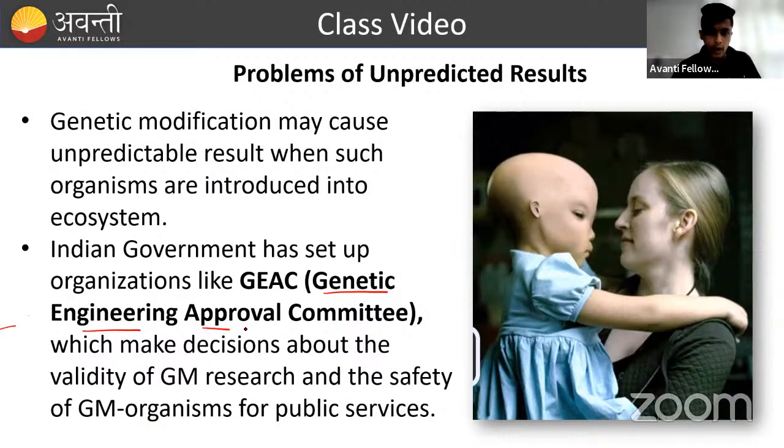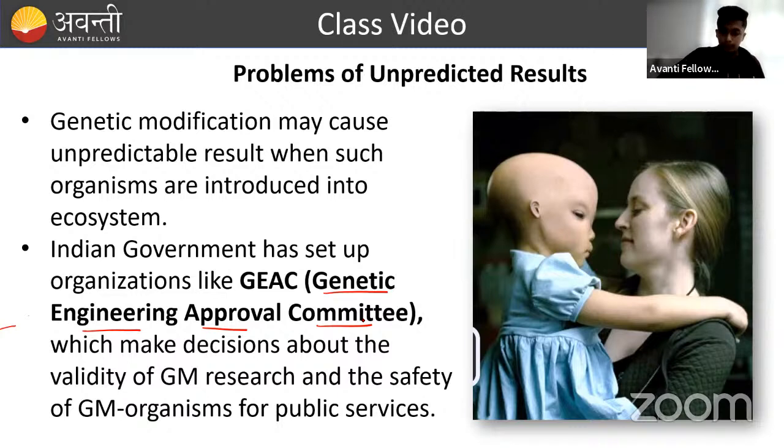So whenever you want to perform a genetic engineering experiment, or if you want to develop a product, it is not possible for you to independently start your experiment. Even though it is easy, even though the tools have now become very simple, simplified and fast, you can't do it until there is proper approval and proper guidelines on what organism you can work with, and to what extent you can engineer a product or an organism. All that is monitored by these committees. Their decisions are very strictly based on genetically modified research. They prevent its misuse.